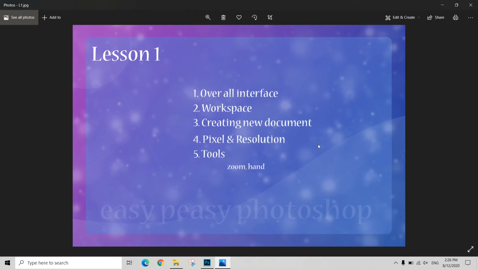Today we're gonna start our first lesson on Photoshop. Here are the topics that we're gonna talk about today. We're gonna take a look at the overall interface of the program. We'll talk about the workspace and how to create a new document. We're gonna talk about the definition of these two words, pixel and resolution, what they are, and we will start using some of the basic tools. For today, we just use the zoom and the hand tool. Okay,